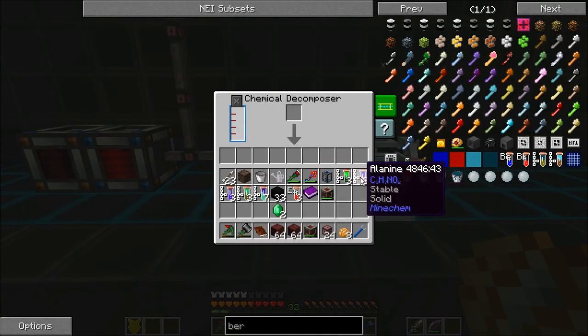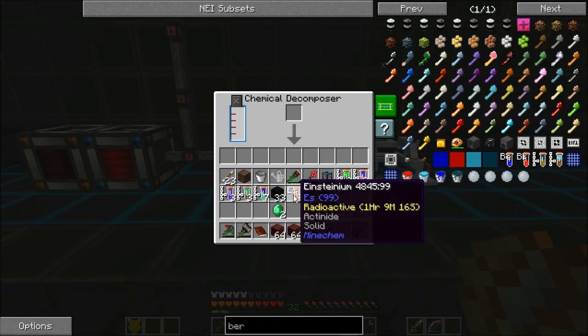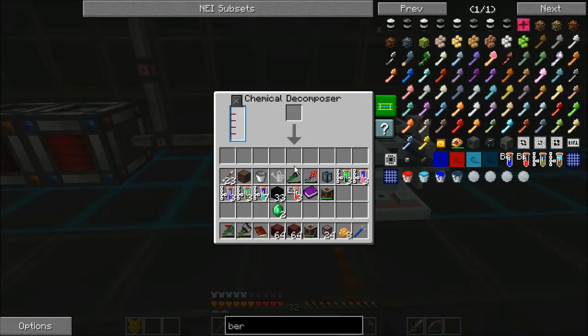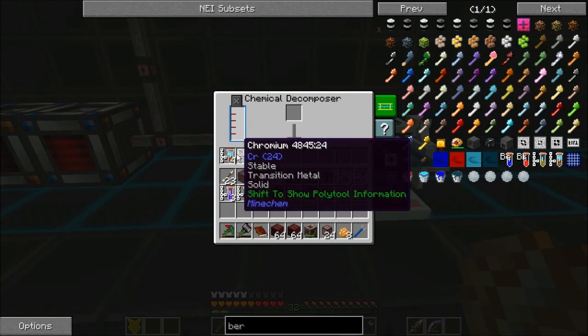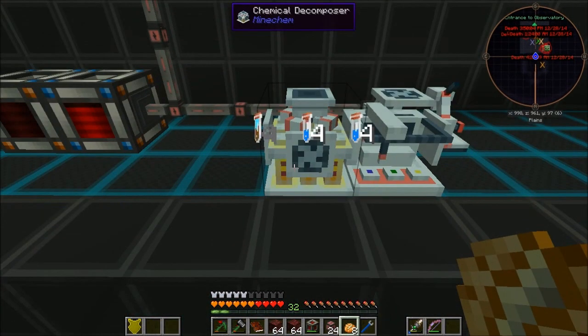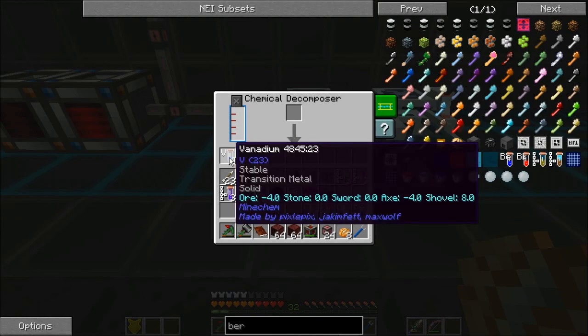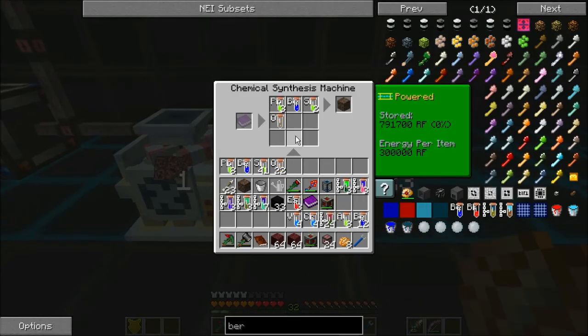Now, I'm pretty sure I also have some Einsteinium on me. And I have to be careful with that shit because it's radioactive. Alright, we're going to decompose that. Not pleasant sounding. That's going to get me 12 more beryl. Still not enough, but...